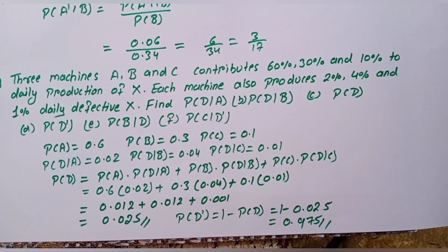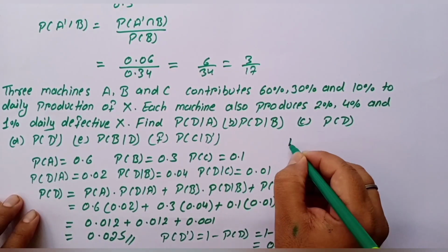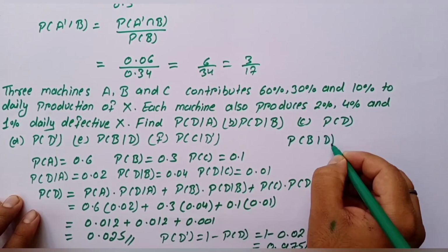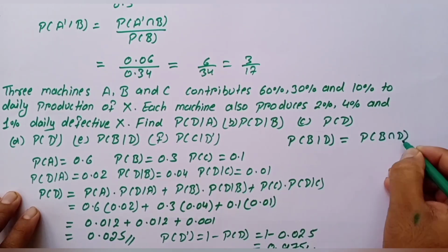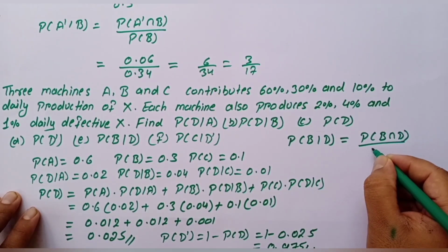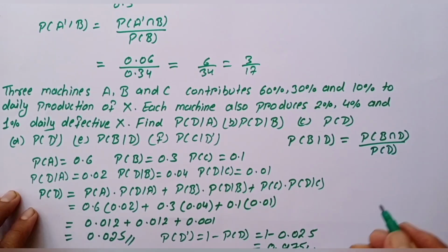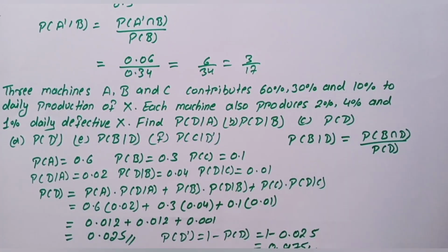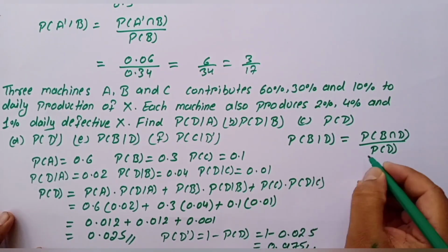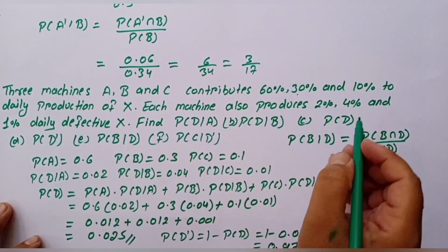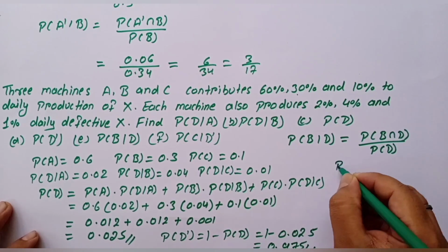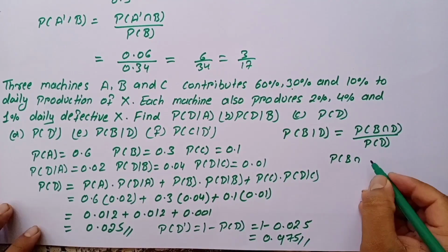0.975. We are also required to find probability of B under defect, that is probability of B and D divided by probability of D. So first we need to find out the probability of B and D. So for that, probability of B is 0.3 and probability of defect under B is 0.04. So probability of B and D is